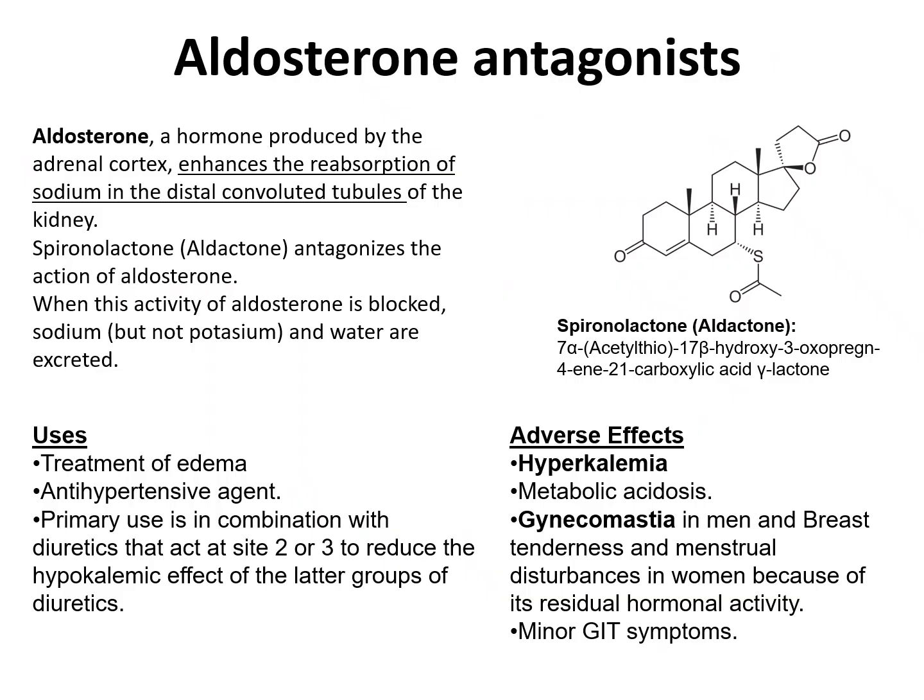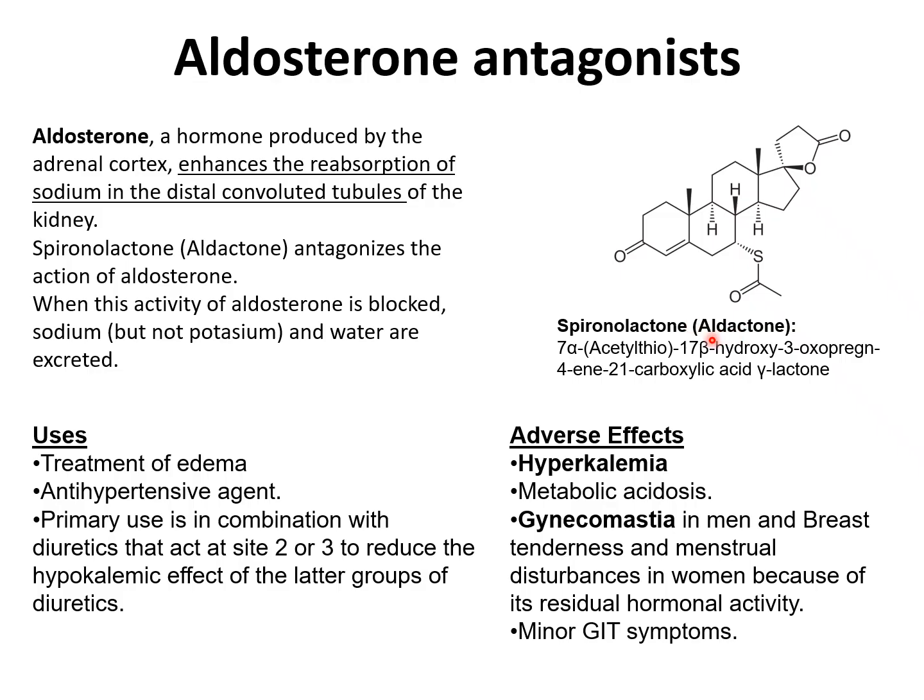And these are aldosterone antagonists that, as we said, block the effect of aldosterone, which is the hormone produced by the adrenal cortex, and that enhances the reabsorption of sodium in the distal convoluted tubule, as well as the collecting tubule cells. And so basically, this is a hormone that, as we said, enhances the production of the sodium potassium ATPase pump. The most commonly known and the most important potassium sparing diuretic, which is used a lot, and which is known to many of you as well, is spironolactone.